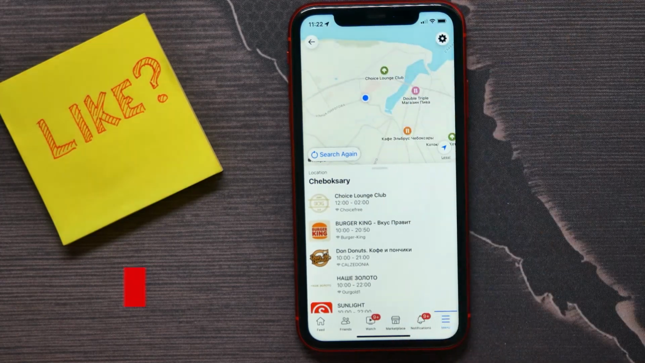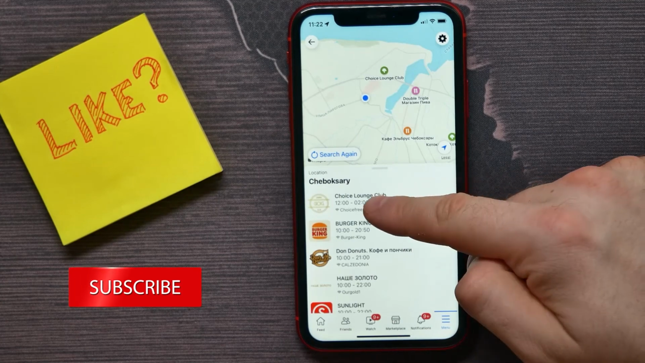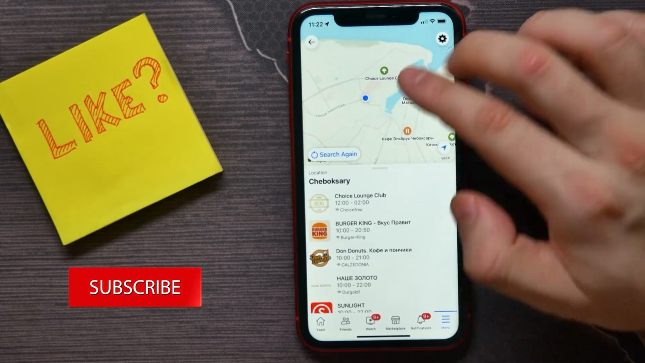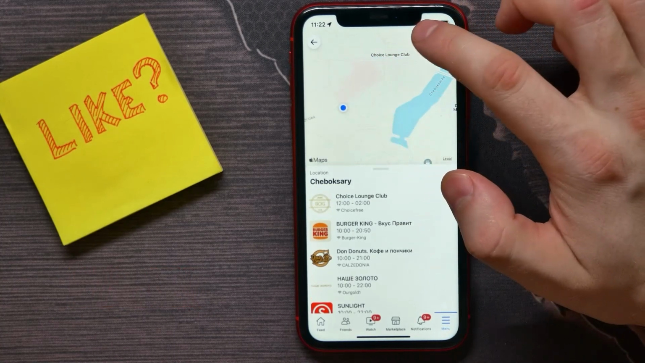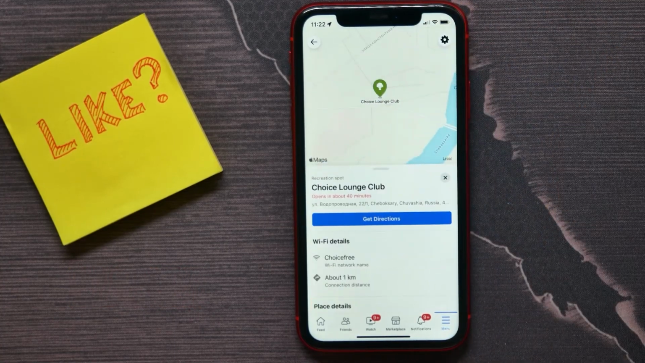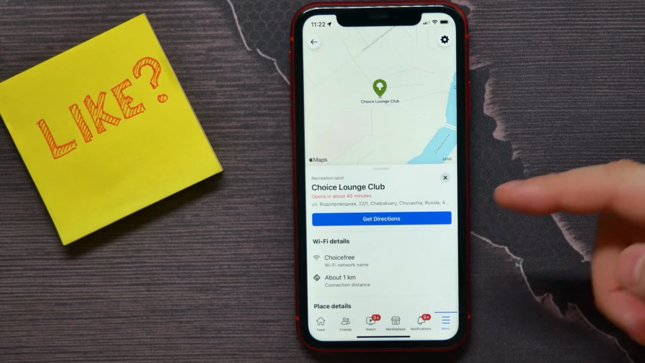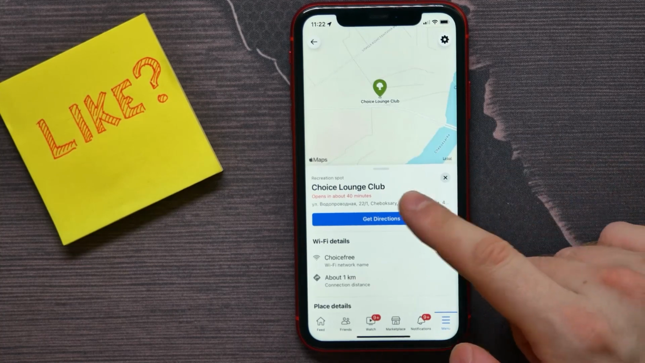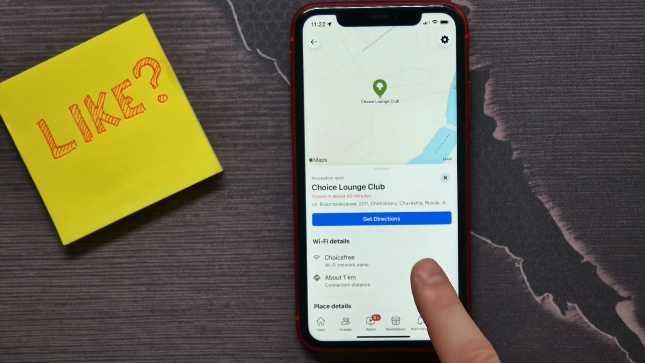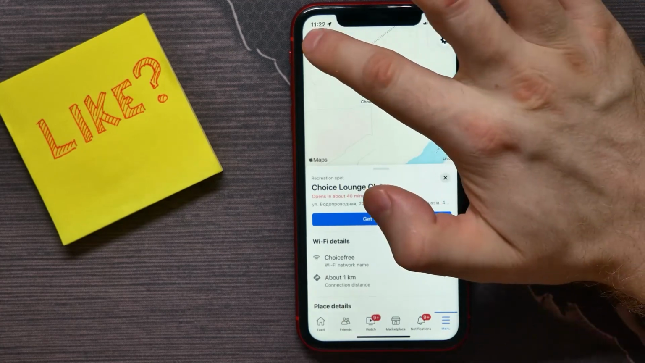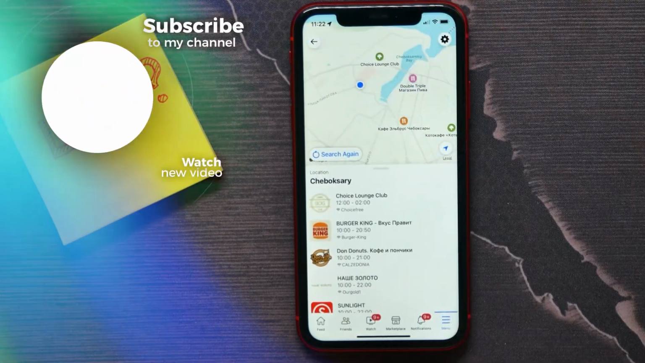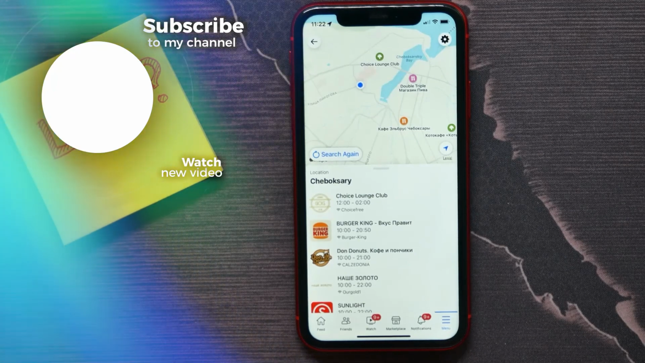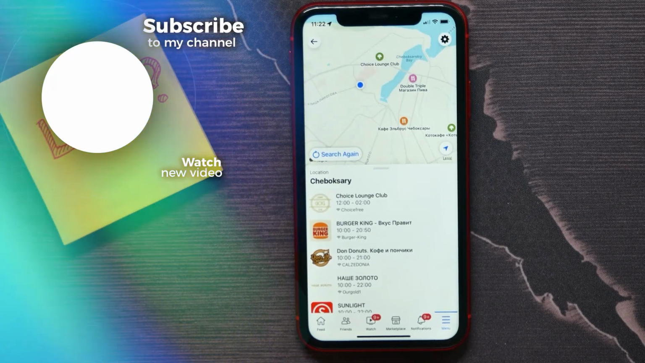around your area with time of work and with distance to that hotspot. You can tap on that now and there you can get some more details like work time, Wi-Fi name and distance to that point. So now you can always find free Wi-Fi hotspots around you,